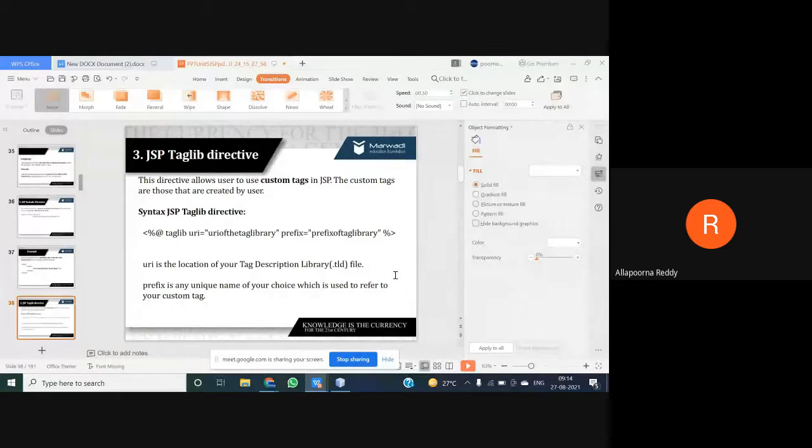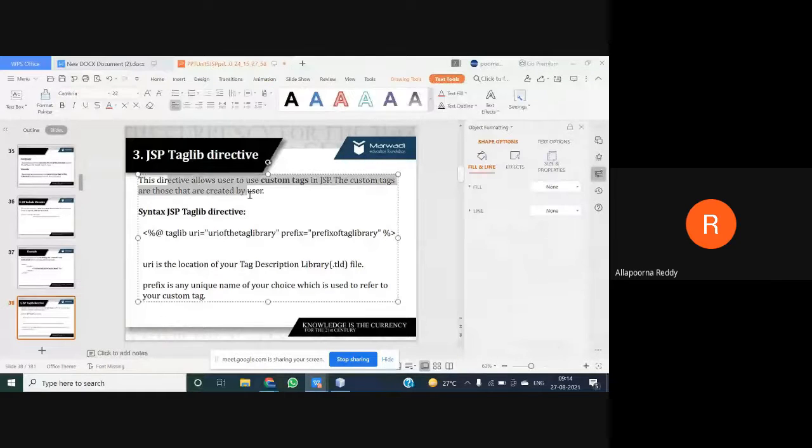But now you want to make your tags your own. We call them custom tags. The directive which helps us make custom tags is the taglib directive. The directive which allows the user to make use of custom tags is known as the taglib directive, and these custom tags are created by the user.